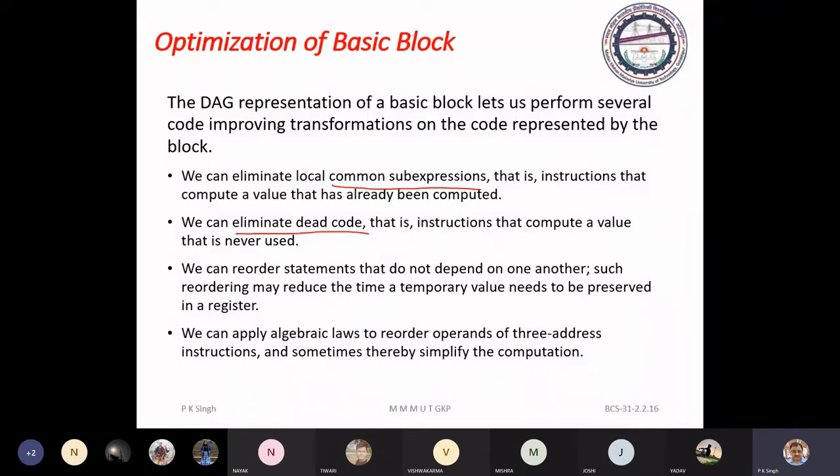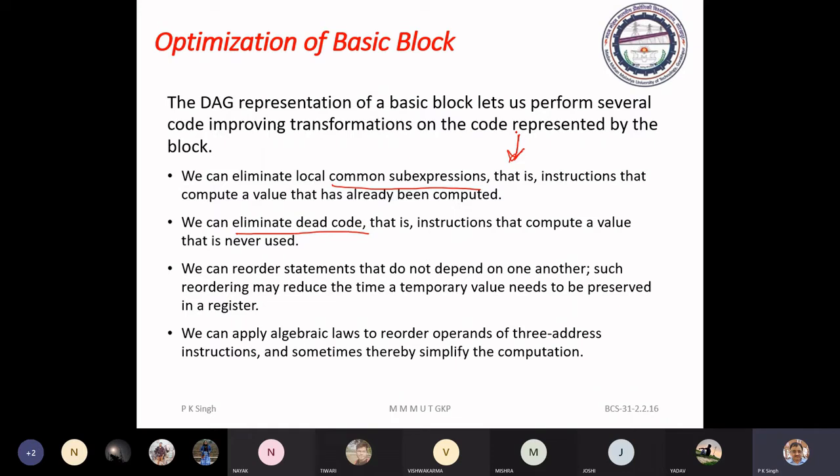You can reorder the three address statements. Reordering will change the dependency structure, which helps in allocating registers.